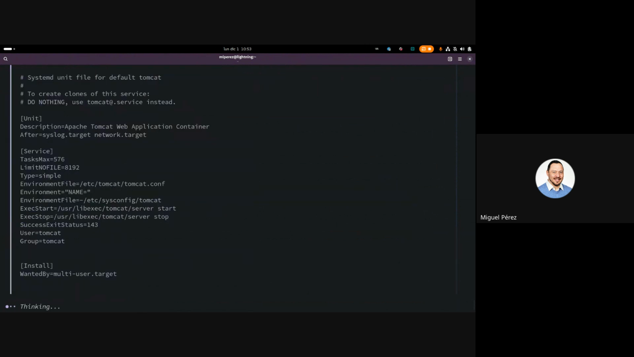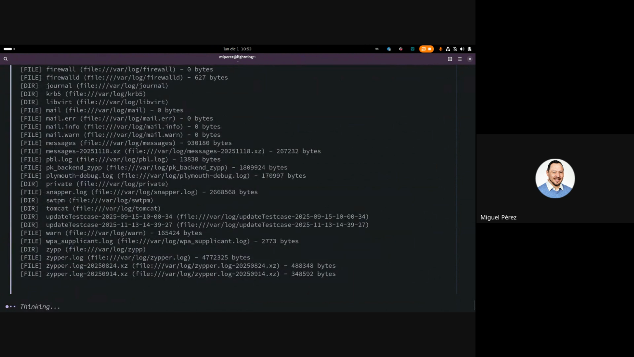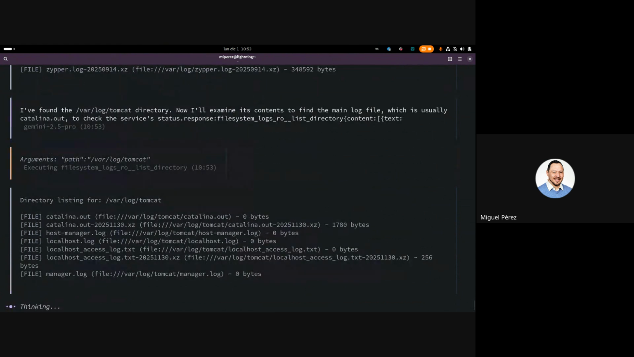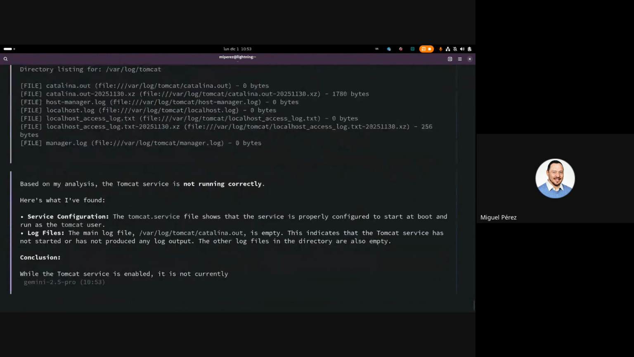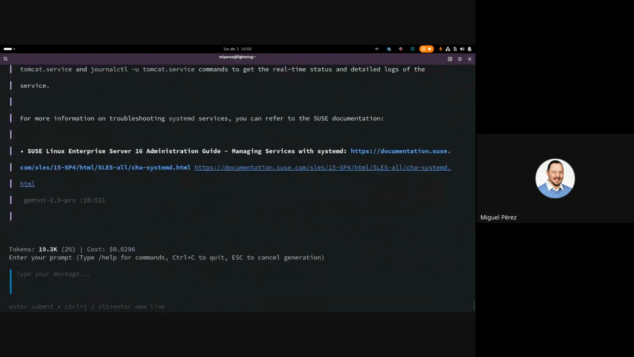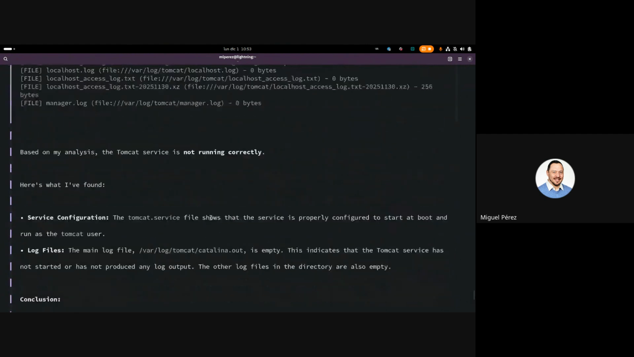Now it's checking the systemd file for Tomcat. It's checking the logs, checking all the logs that we have in here, checking directory listings for Tomcat, var log, Catalina out, which is the main log. And it's giving me a lot of information on this. Now,